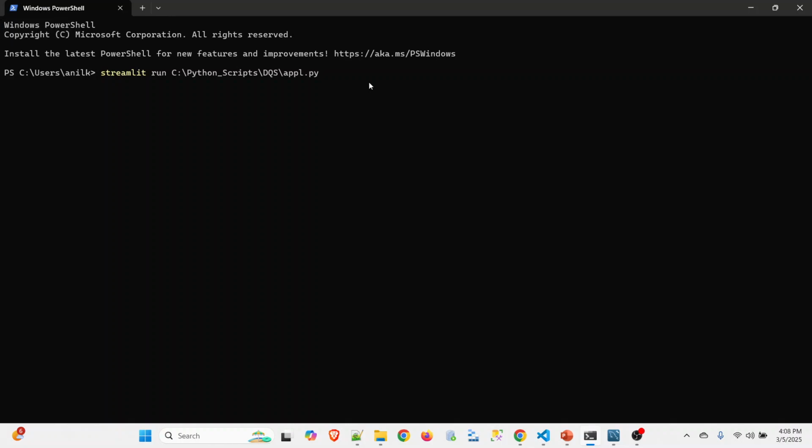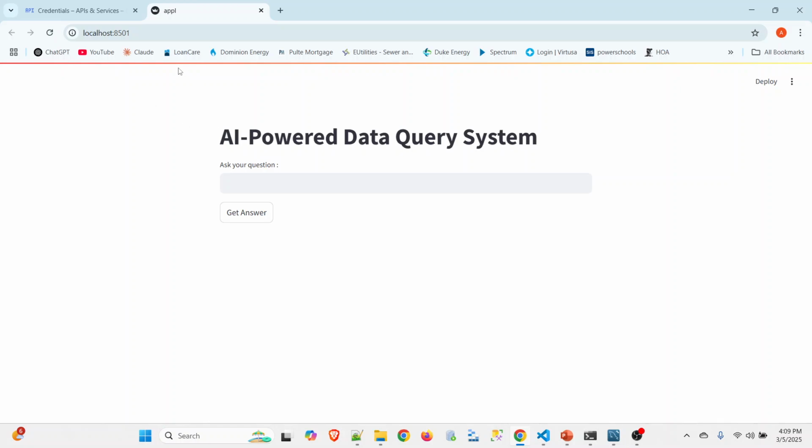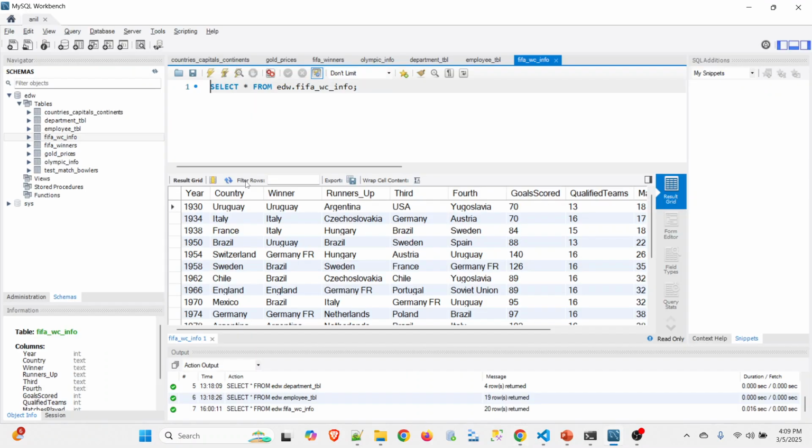All I do is run this one, and you can see it has opened a web app on my local. So this is my local, and it gives you a UI wherein you can ask a question over here and it would give the answer, right? So before we see a demo,